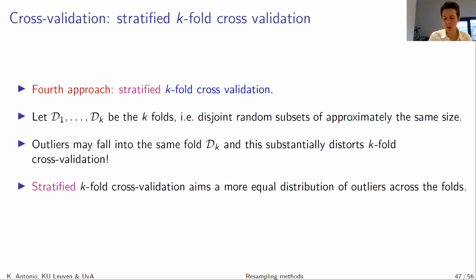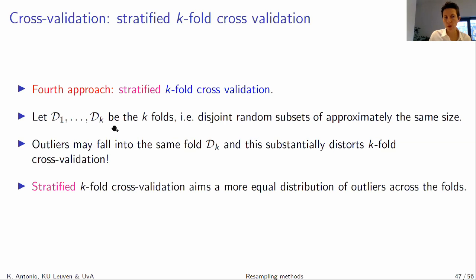We'll see it coming back later on when we're actually going to do gradient boosting for claim frequency, etc. But sometimes, if you look at the k-folds that you construct, so if you put your training data into k-folds, here labeled as D1 up to Dk, being disjoint random subsets of approximately the same size,